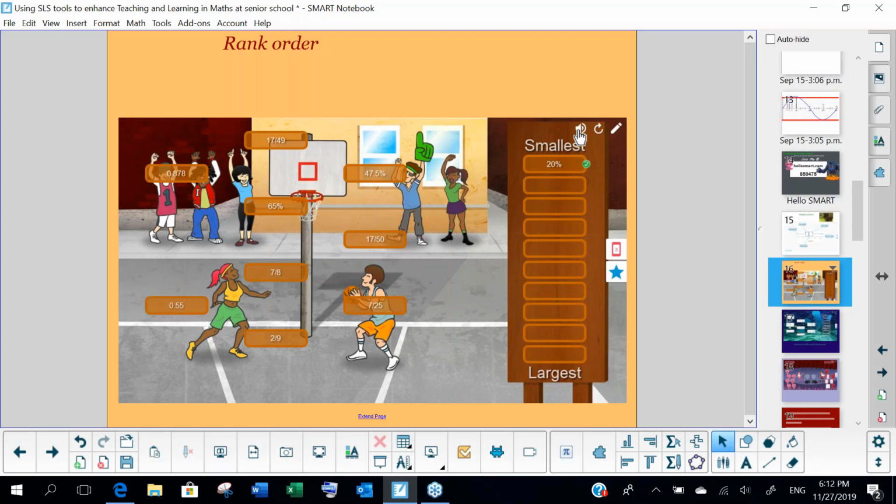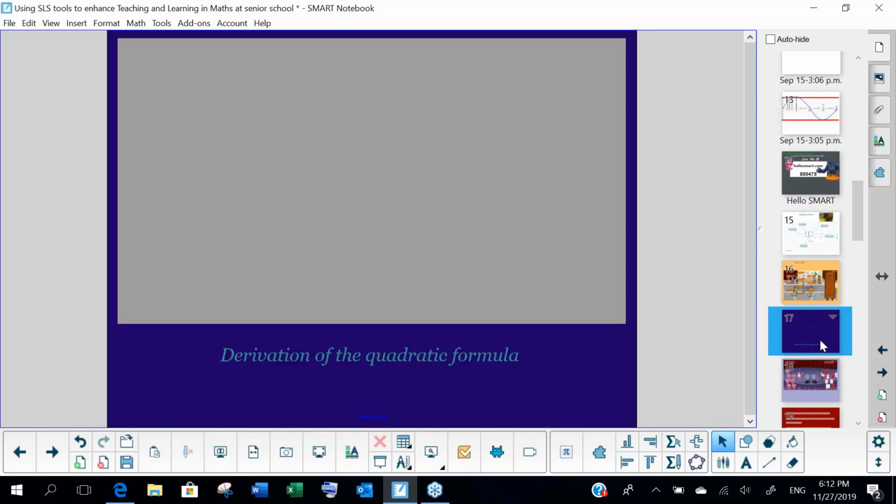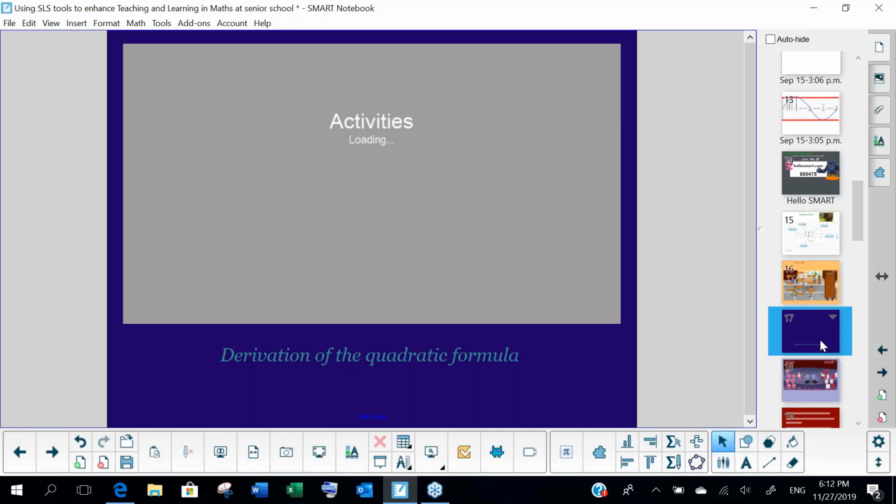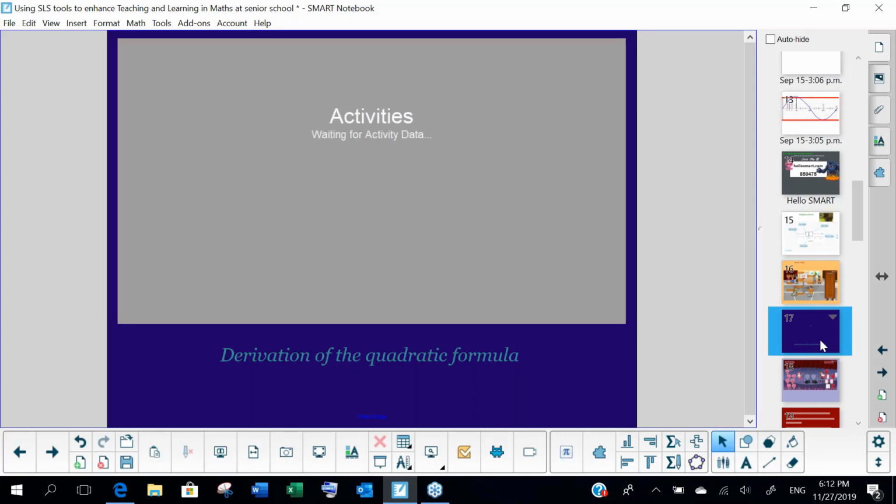And so then I'm going to put in a wrong answer. So let's say I put in 17/50 next, and obviously that's wrong. It pops out. So instantly the student gets instant feedback that that is wrong, and then they can try again. So that's a really neat little activity too. So that's rank order, just a numeric rank order, and I can change that to really quite senior maths, and